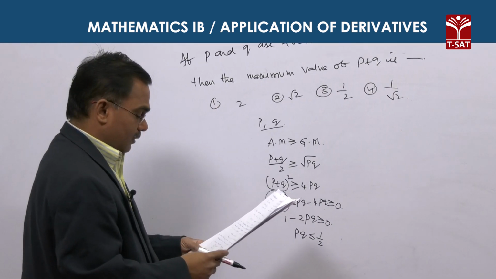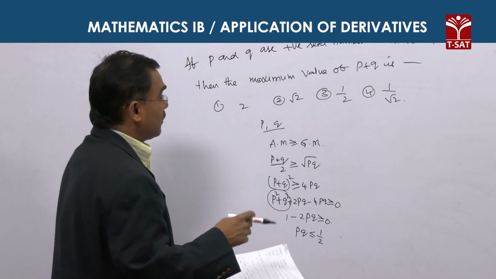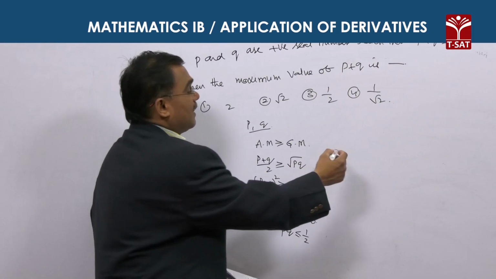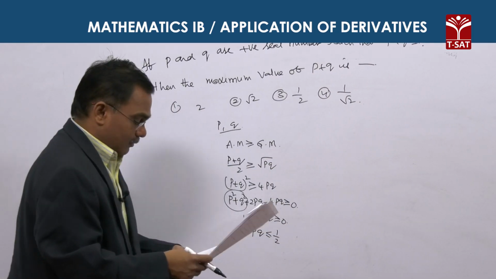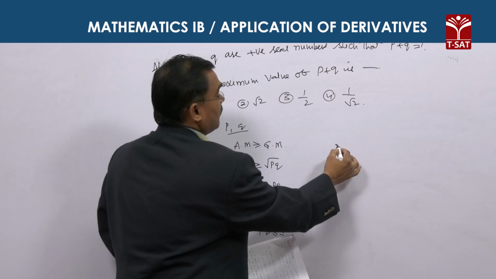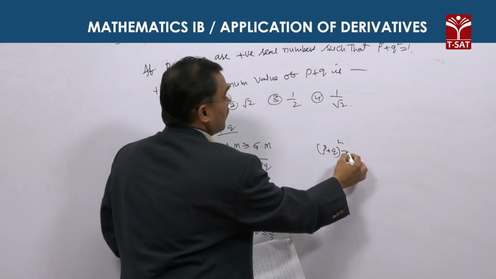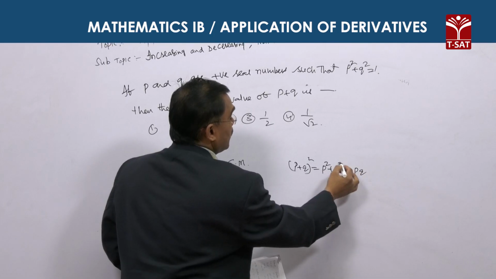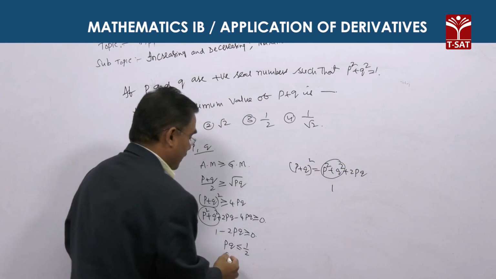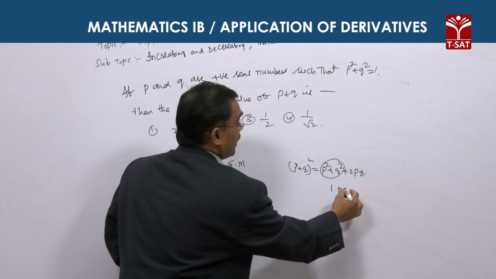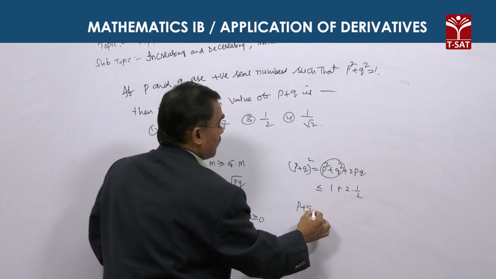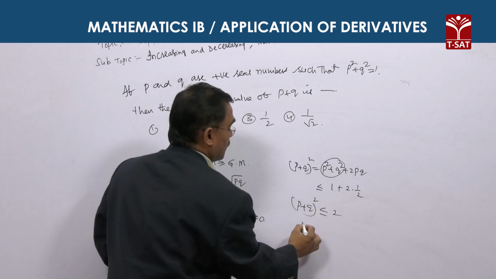We are asked the maximum value of P plus Q. P plus Q whole square is equal to P square plus Q square plus 2 PQ. We know that P square plus Q square value is 1. PQ maximum value is half, so 2 into 1 by 2. Therefore, P plus Q whole square is less than or equal to